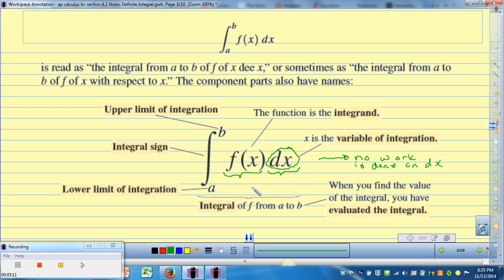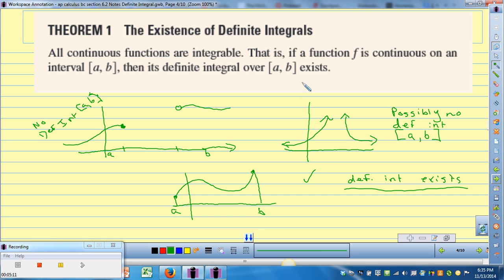And as we move forward with working with integrals, I want you to make a note that when we perform the mathematics necessary to calculate an integral, we have to do no work on dx. dx is there to tell us what variable we are taking the integral with respect to. So we'll keep that in mind as we move forward. All right, so